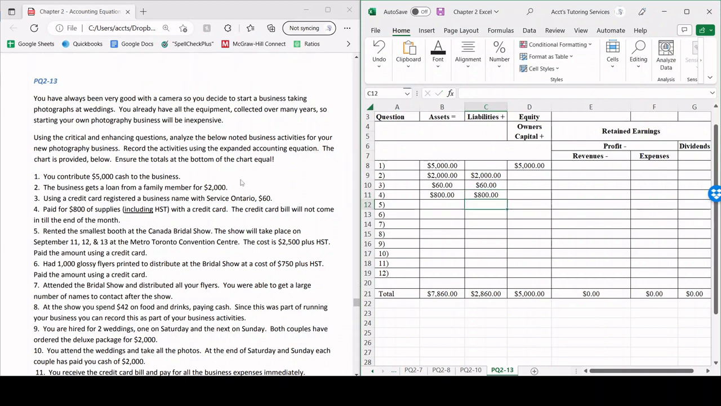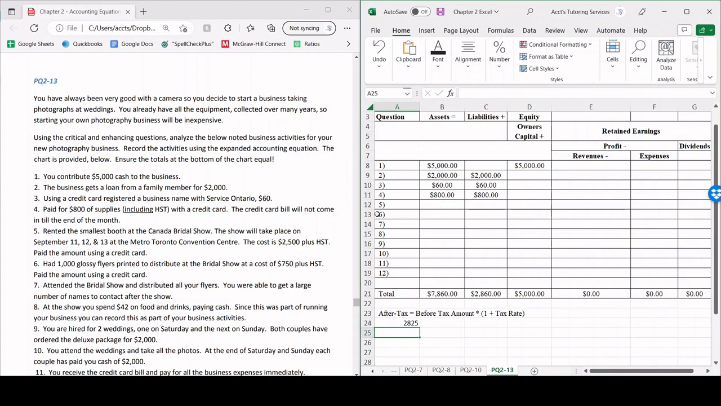Okay. Number 5 is rented the smallest booth at the Canada Bridal Show. The show will take place on September 11th, 12th, and 13th at the Metro Toronto Convention Center. The cost is $2,500 plus HST. So this does not include HST, so we have to calculate this amount. Remember, the formula for after tax, once again, is going to be the before tax amount. In this case, it will be $2,500 times 1 plus the tax rate, which is 13%. HST is always 13%. So simple calculation, 2,500 times bracket 1 plus